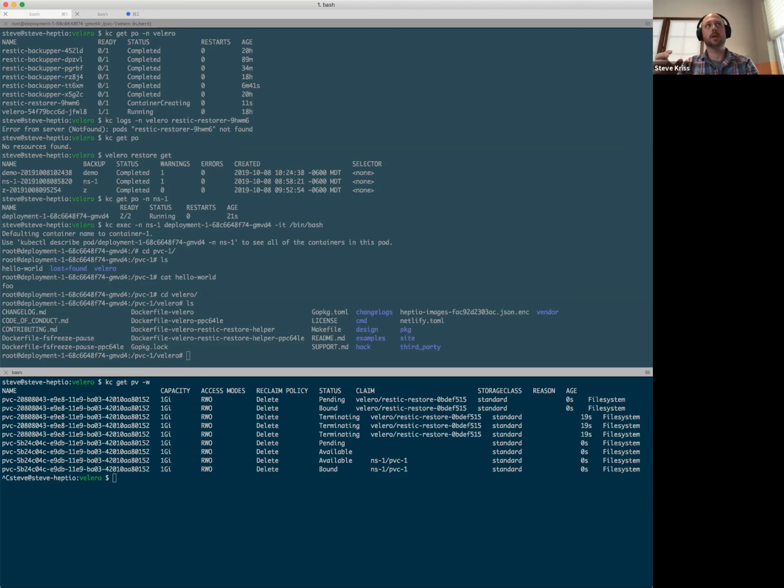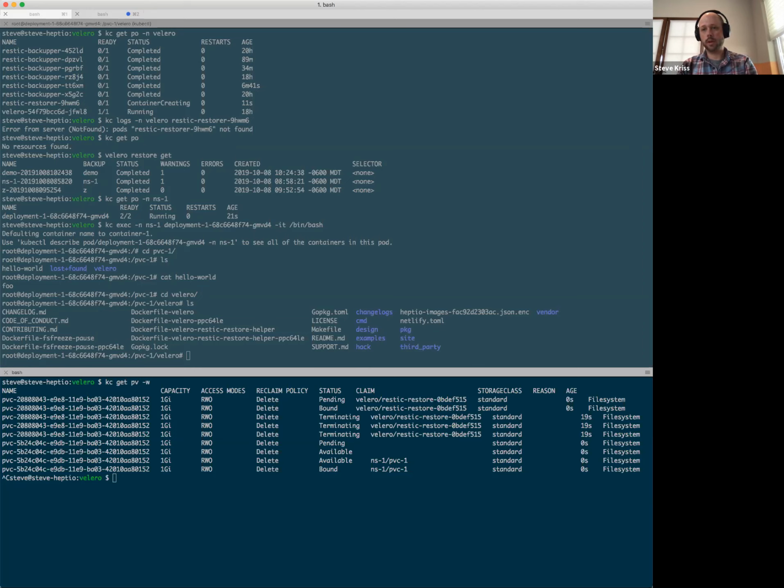Because theoretically, if you move all this Restic backup and restore code behind a plugin interface, you can move it out of the core Velero repo, and now Velero doesn't necessarily need to know about Restic anymore. So there's a question for me of whether we should move to a bring your own Restic repository model, where we just make the user responsible for setting up their own Restic repository and configuring their backup storage location to tell Velero where it is, or tell the plugin where it is. And then the user would be responsible for running Restic prune on whatever schedule they wanted to run it.